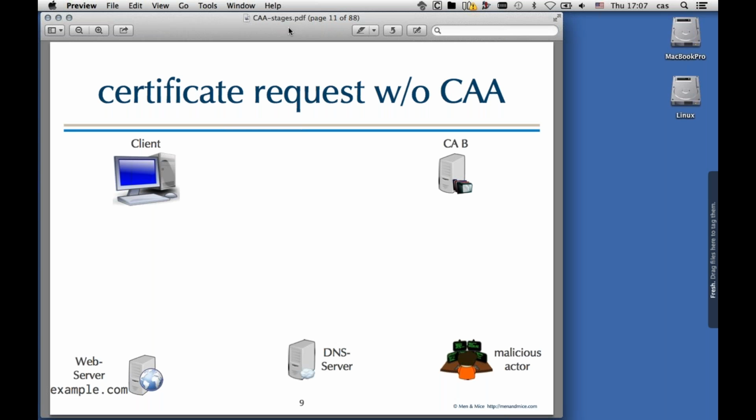Here's one example. Now, same picture, but we have the certification authority B on the upper right corner. So it's not the same certification authority that we had before, but it's a different one. It's B, it's a different company. And the malicious actor wants to buy a certificate for example.com. And for that, he has hijacked maybe a mailbox from a user inside the company owning example.com, and he sends a certification request with its own public key